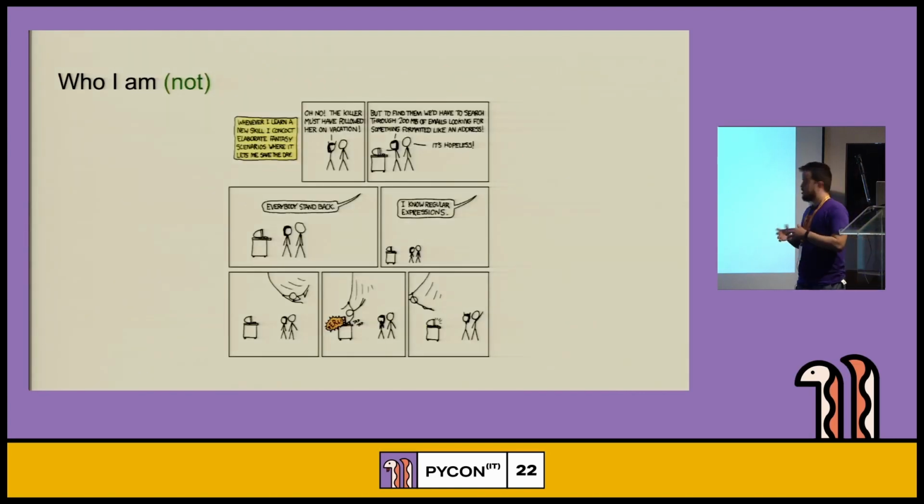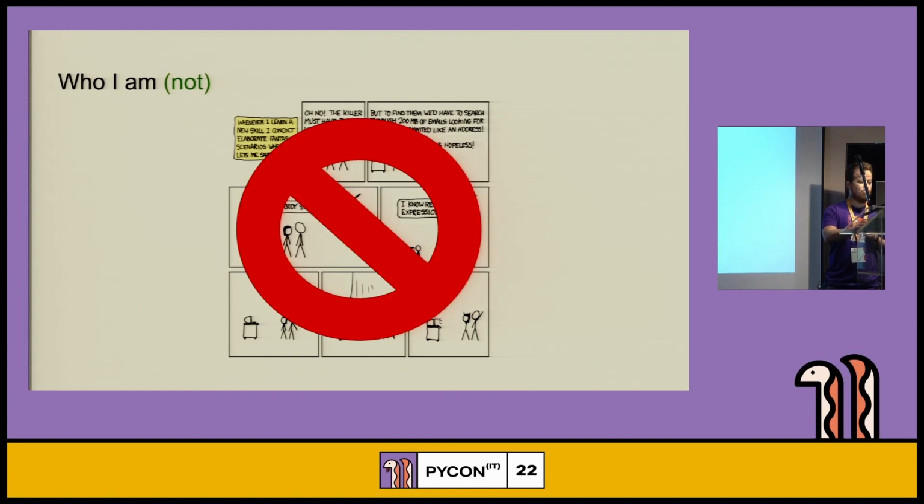What I'm not, despite the title of the talk, is a regular expression expert. So no, I won't be coming swinging on a rope to save the day and type some regular expression that will solve everything magically. Actually, on the contrary, in this talk I want to show you that with very simple regular expressions, you can achieve a lot, at least for text mining.